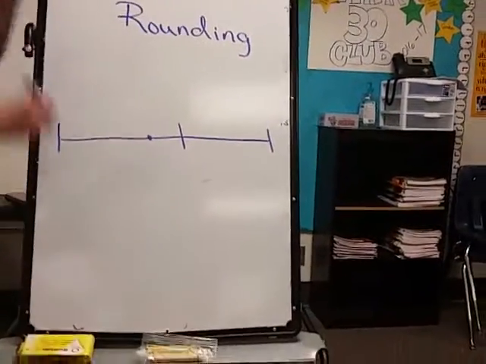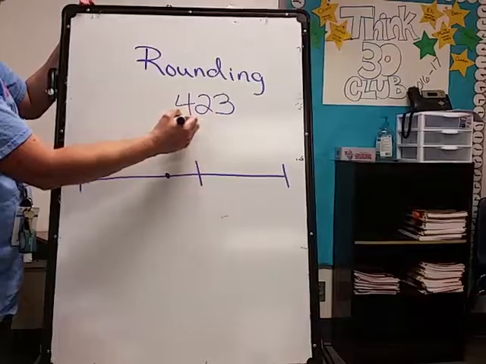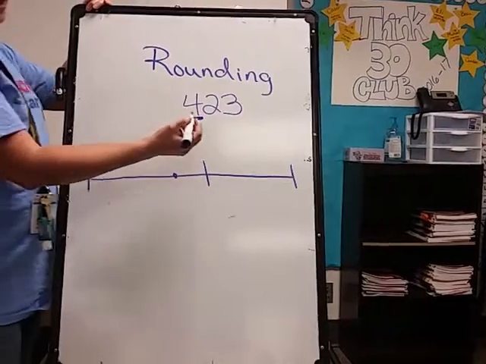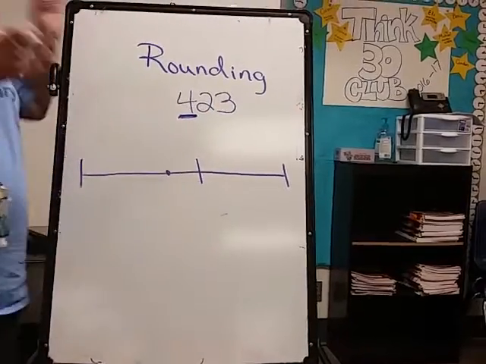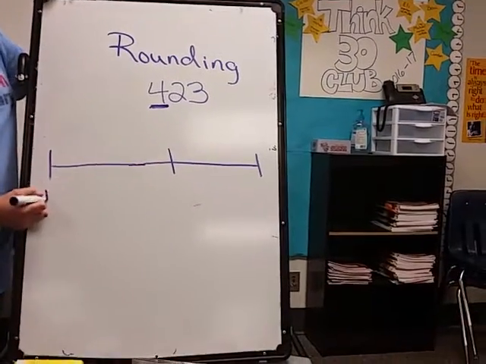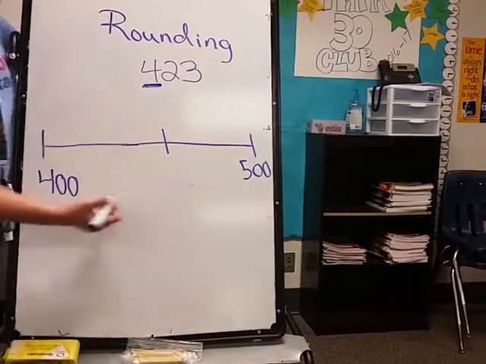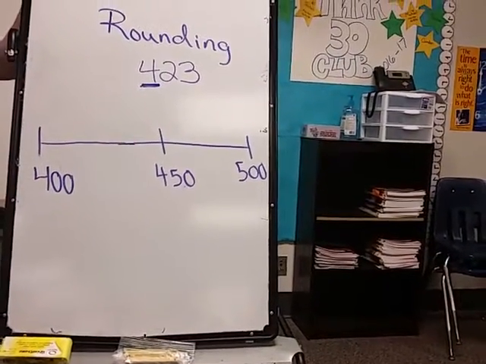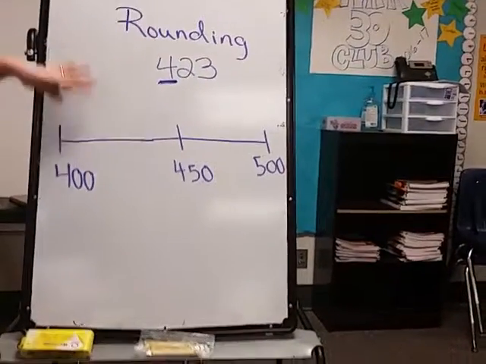So let's take that number again, 423. And the number that we have in our hundreds place is 4. And I want to round to the nearest hundreds. All right. So I have to ask myself, what two numbers is 423 between? What two hundreds is that between? So that would be 400 and 500. And smack dab in the middle is 450. Okay? Now, in looking at this, I'm going to plot this